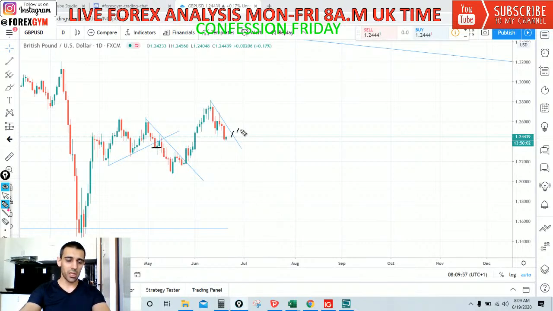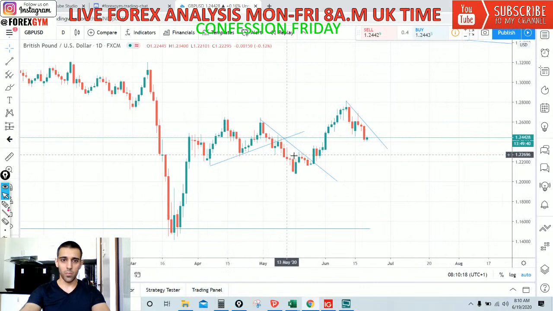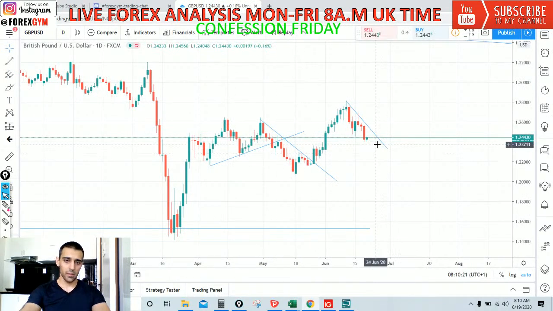It might have a pullback, which would be another opportunity, depending on how it pulls back before it comes down to these lows. There's maybe the potential to add to the position. I'm jumping the gun too far, but it's good to anticipate those sorts of moves ahead, even though of course it might not happen. It's good to have it in mind so that if it does happen, you already have a plan to action and you're not starting to think about it after it's already about to happen.